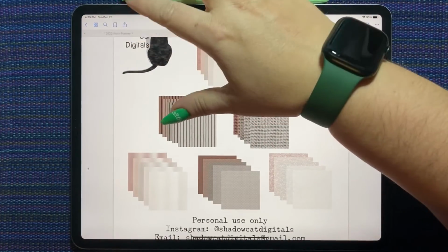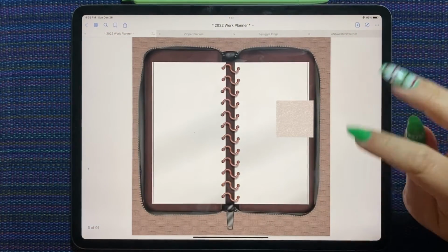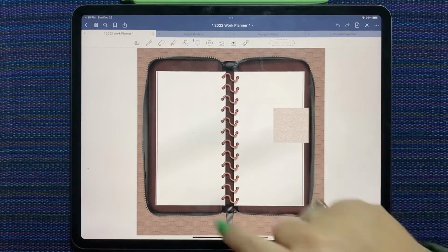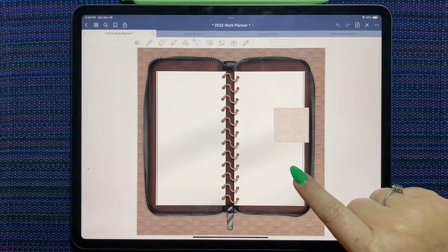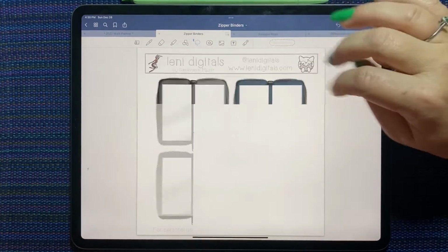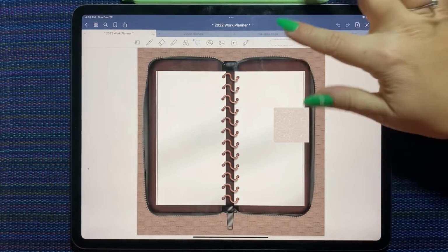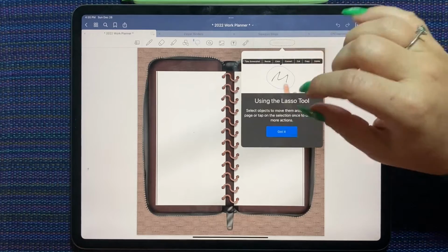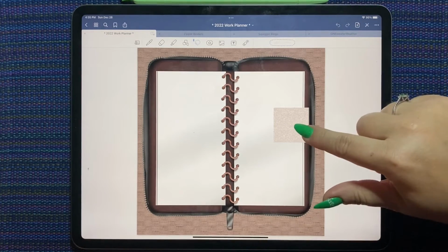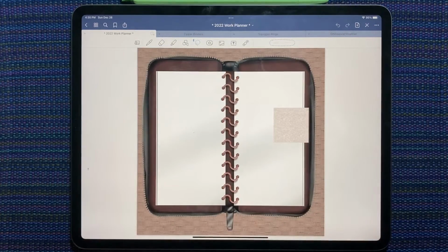So let's close some things up here. I saw it when I was flipping pages, so I just put this all on top of the page. I think this is what I'm going to build for today's video, this planner. We're going to use the burgundy zipper binder, this one here, the squiggle rings from that kit, and then from the sweater weather I'm going to use this background, and I'm going to use this one for my tabs. So I think that'll make a nice